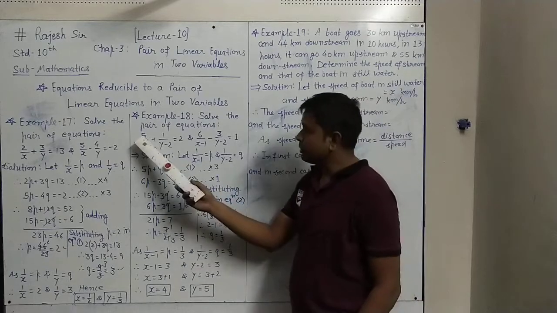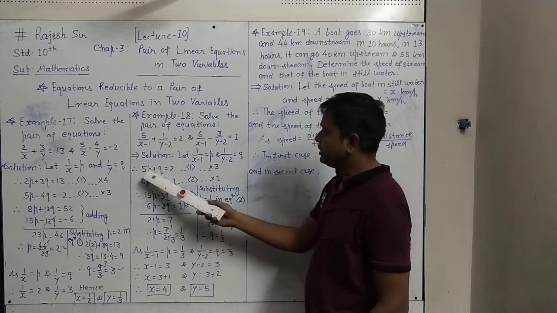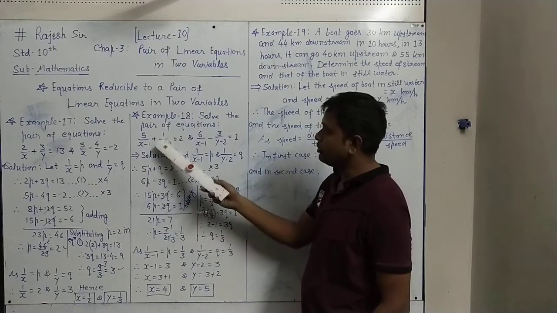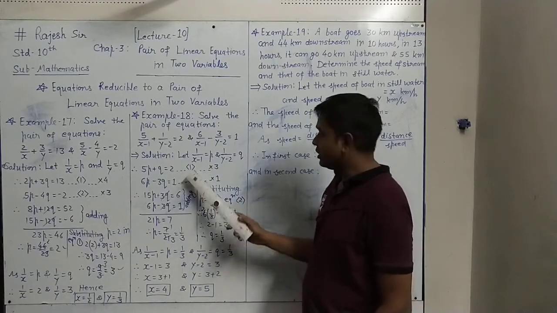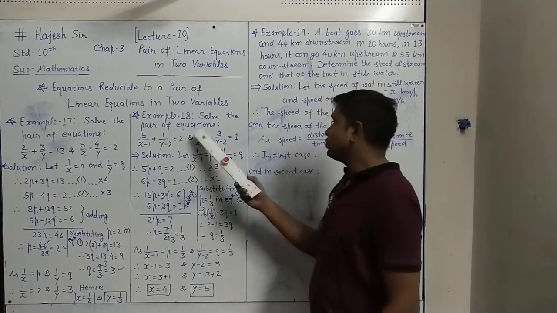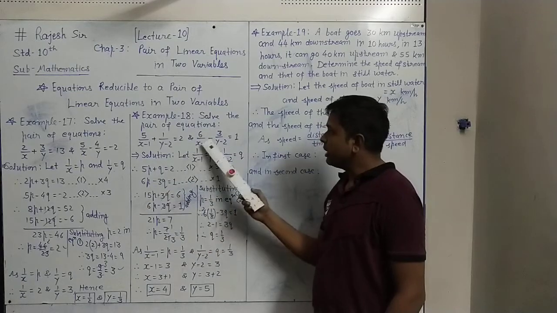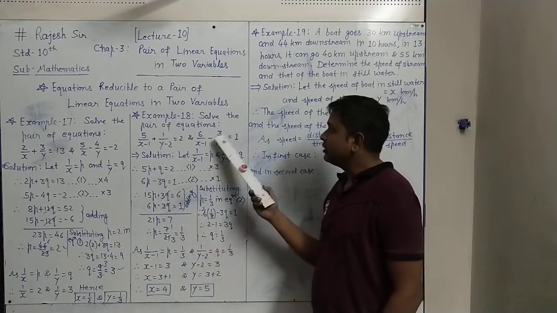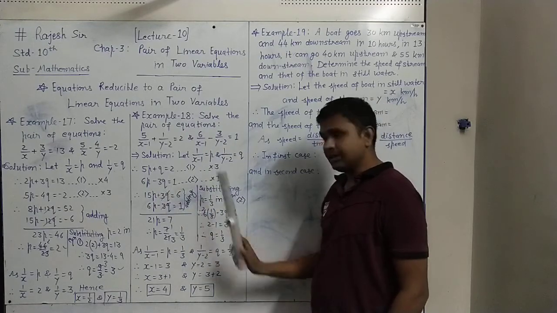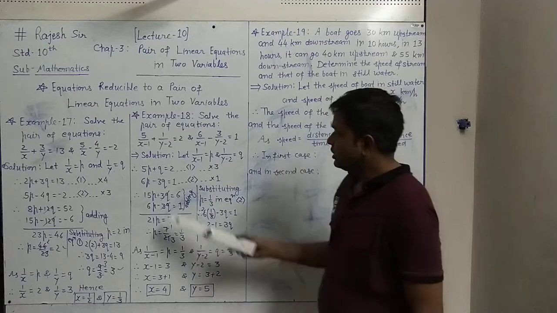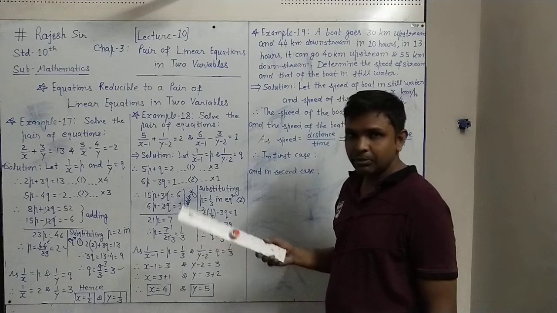So the first equation becomes 5, with 1 upon x minus 1 as p, so it is 5p plus, with 1 upon y minus 2 as q, q equals 2 as it is. Equation number 1 we have. In equation number 2, 6 as 6, 1 upon x minus 1 is p, minus as minus, 3 as 3, 1 upon y minus 2 is q. So it is 6p minus 3q equals 1 as it is. Now again we have a pair of linear equations in 2 variables p and q.